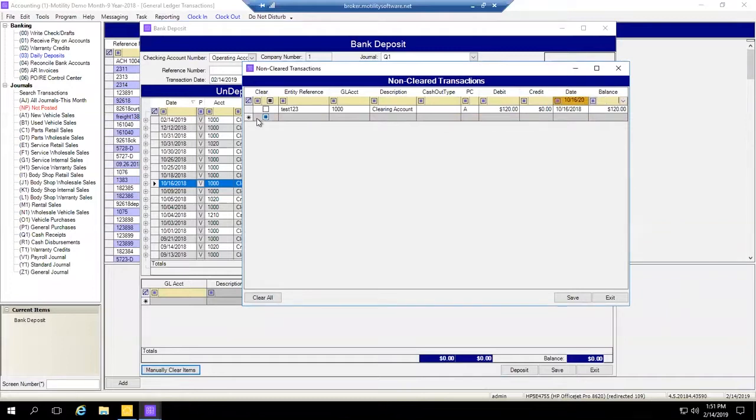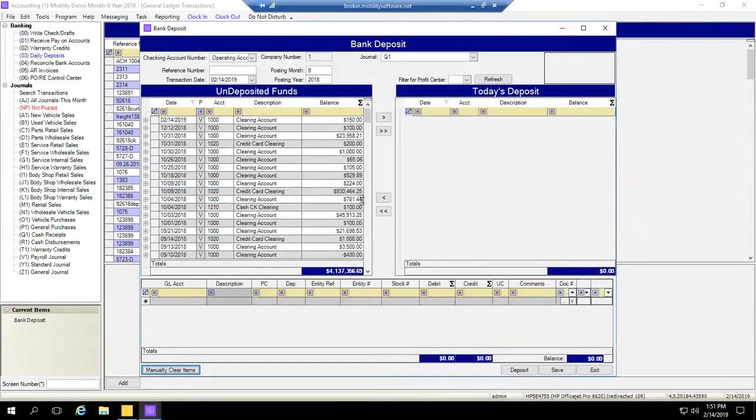There it is, $120 debit. So if I click on the clear button here and I say save, that balance is gone. So now my daily deposit screen looks great. However, if I ran a GL report on that clearing account, that $120 is still sitting in there as a debit. So while your daily deposit screen may look good, you're going to get caught at the end of the